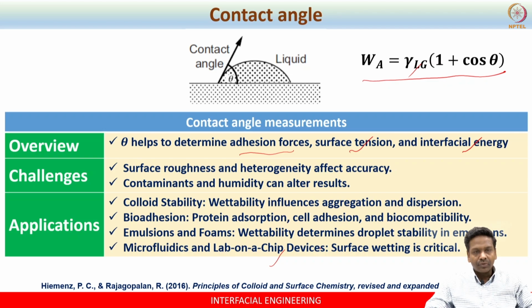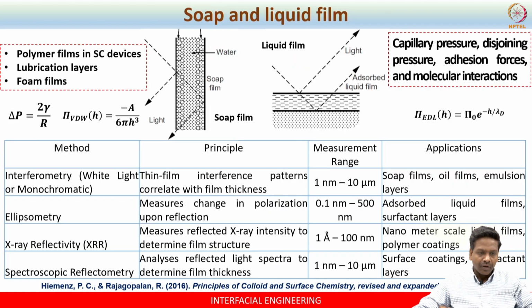So one has to know the wetting behavior of liquid spread on a surface. So if you want to understand the adhesion between the resistive film and the surface, you need to know the wetting behavior. So here it is certainly going to be very useful. So this is again an indirect method.